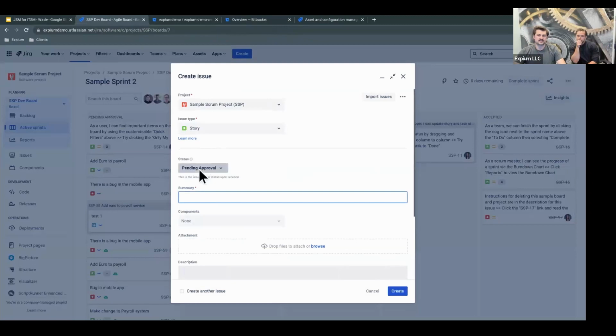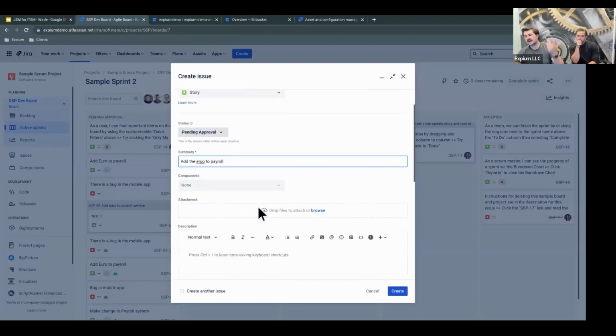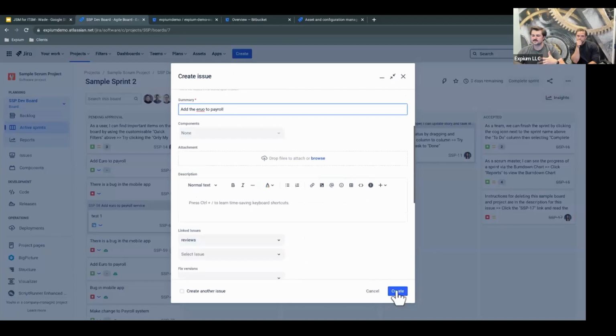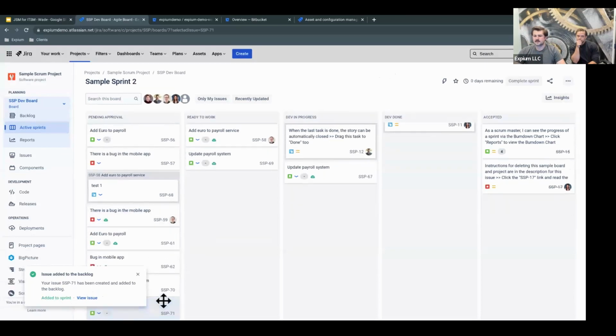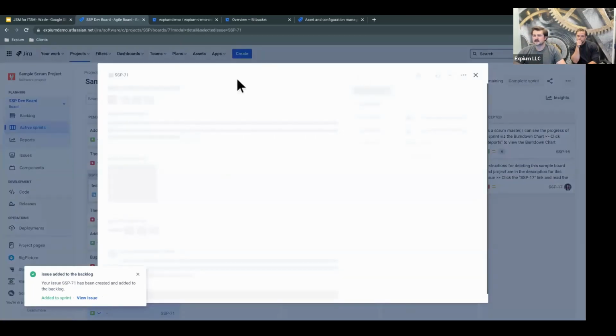Let's say, for example, I'm a developer here working on my payroll system, and I want to be able to pay people in euros, so I need to add the euro to my payroll system. I'm going to go ahead and create this ticket really quick. I'll add it to my sprint. And now if I open this ticket up,